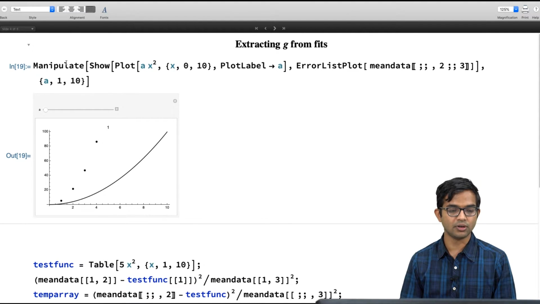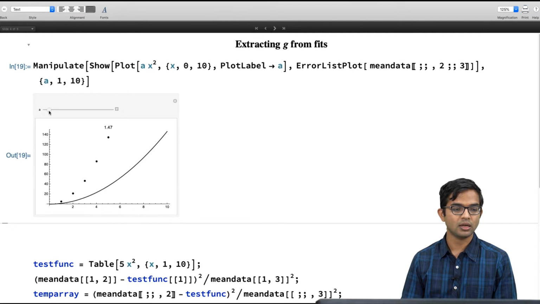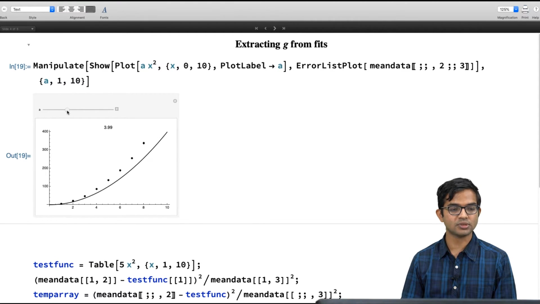So what I will do is, on the same graph, show a x squared, a plot of a x squared, x going from 0 to some value, this is just some syntax, and alongside I am also going to plot the data that I have, the data which has come from my numerical experiment in this case, but in general it can be hard data, right? And then I can use this very nice feature in Mathematica to keep on changing this value of a, and I see that as I increase a, my data is coming closer and closer to